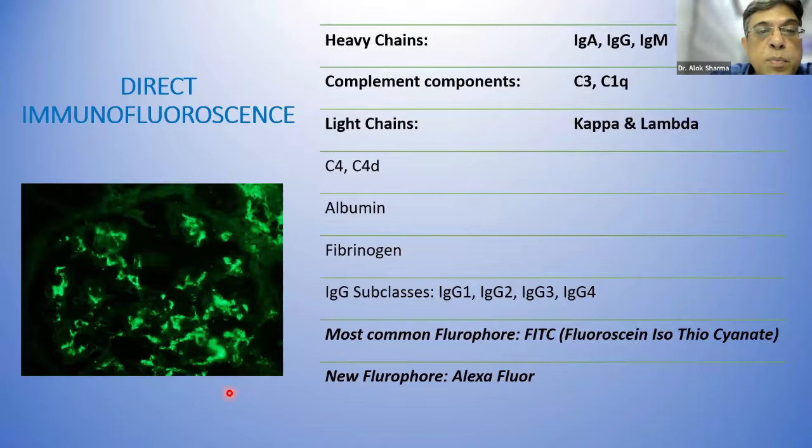So on the left side, you can see this image. This is a glomerulus in which you can see these greenish areas which are positive in the mesangium of the glomerulus. So if it was IgA, this would be an